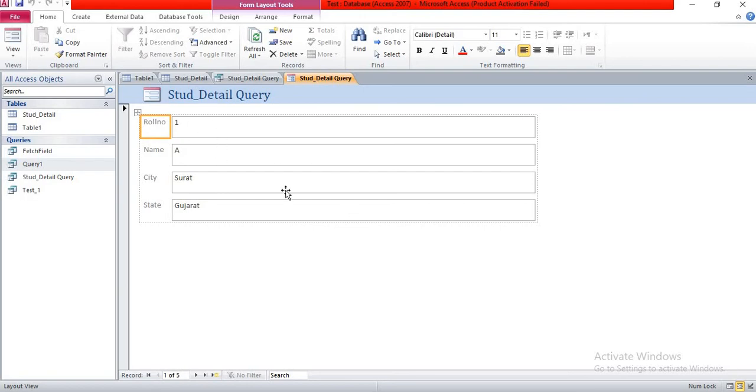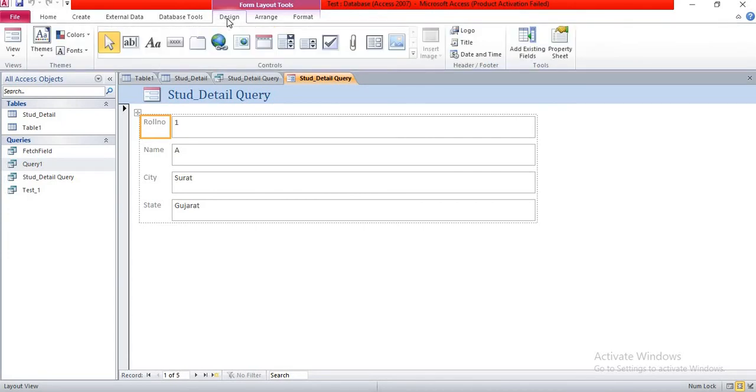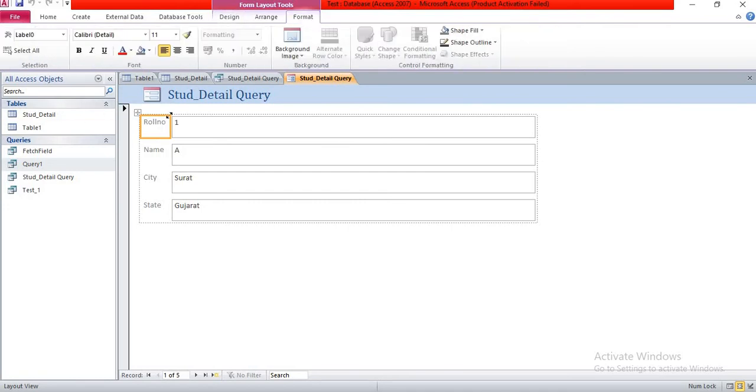You can also format this form using the design tab. Just go into the design tab. You may change the themes, colors, font and all other things like add picture, add document. Now you can also change the color of this field. Go into the format menu and you can see I am clicking on color.